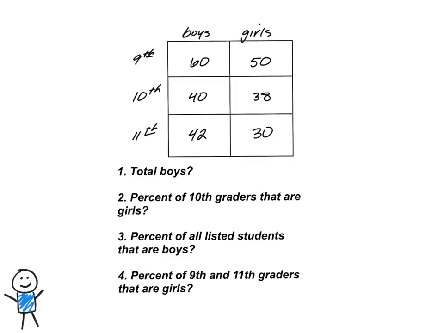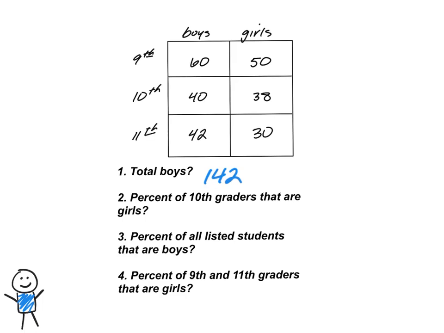On this slide, we're given a two-way table, and we have some questions dealing with statistics and probability. First thing it says is, what is the total number of boys? Well, what we have here is a two-way table giving us 9th, 10th, and 11th grade, and then another listing of boys and girls. So if I'm looking for the total number of boys, I need to add up this left column, which is the 9th grade boys, 10th grade boys, and 11th grade boys. So the total number of boys is